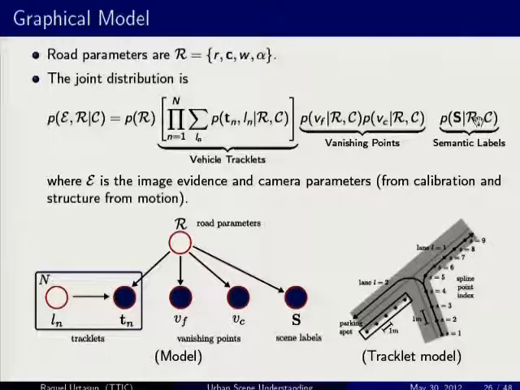Okay. Now, I'm not going to go into the details of this, but just to give you an idea, what are the image cues that we use? So we use semantic segmentation. Okay, if you can segment things into building, sky, and road, this is a very good cue. We use vanishing points. You cannot detect them very reliably, but when you can detect them, this is very important. And we use also vehicle tracklets. So we use a 2D detector, we link trajectories, and then we hypothesize things in 3D.